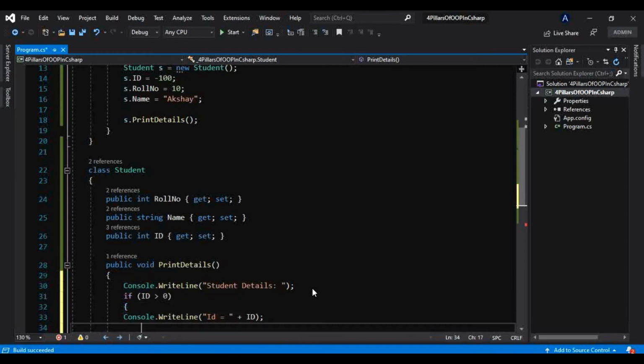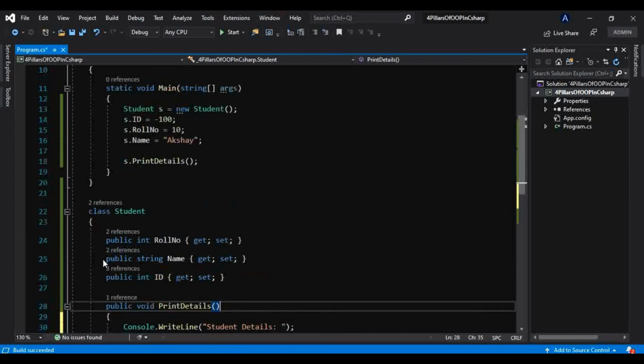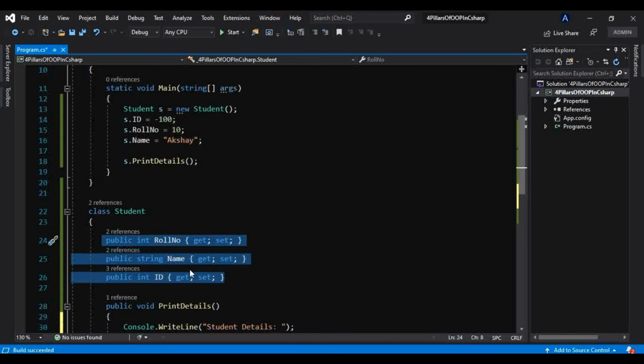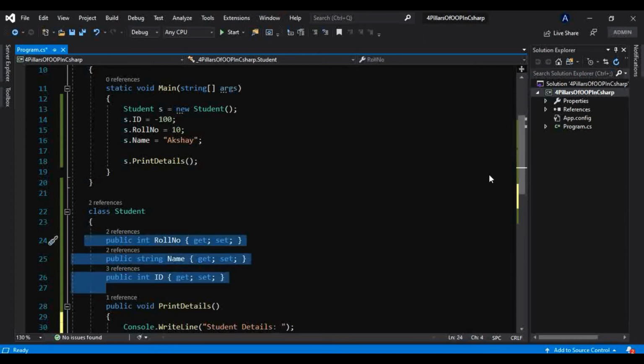Only for that ID I want to check if this ID is greater than 0, and that's how you can validate that. So there is no need to make validation logic here itself. So just use these auto implemented properties, and those public properties are encapsulating your private fields inside them, and making your program encapsulated. Okay, that is an example of encapsulation, nothing but encapsulation.